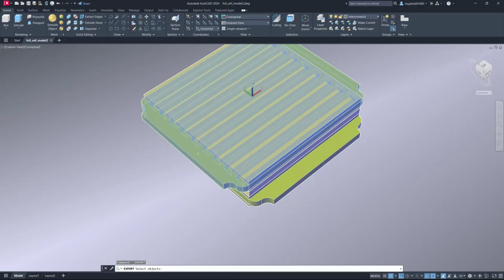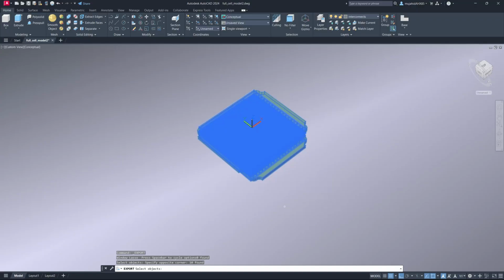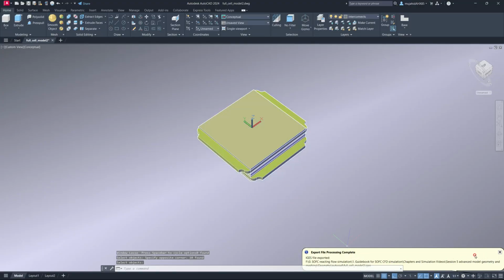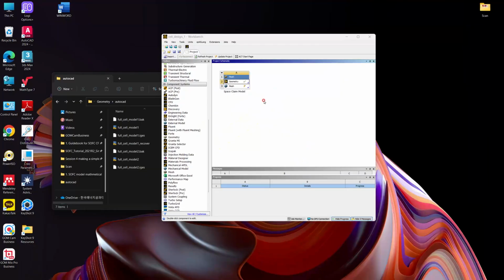Save. And now it's asking, make sure that we have selected all the layers, and now it has exported to IGES format. Now we can go and take a look at SpaceClaim. In SpaceClaim, to import it, we again have to start from the same mesh. So bring one mesh in, double click the mesh to get a different row, and then you can have another